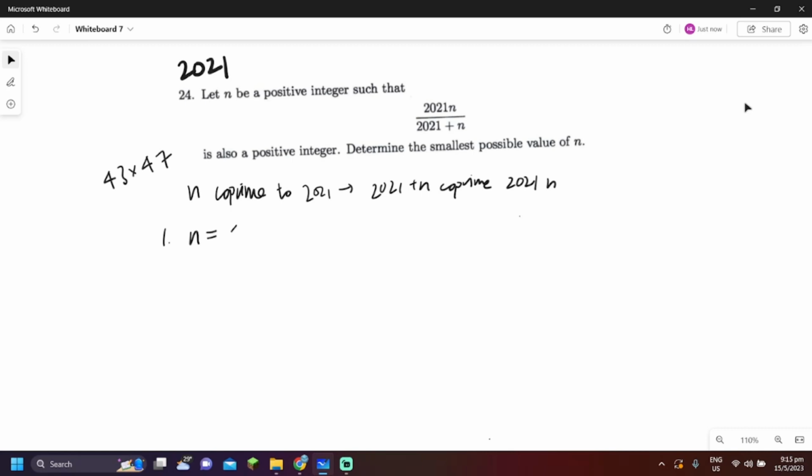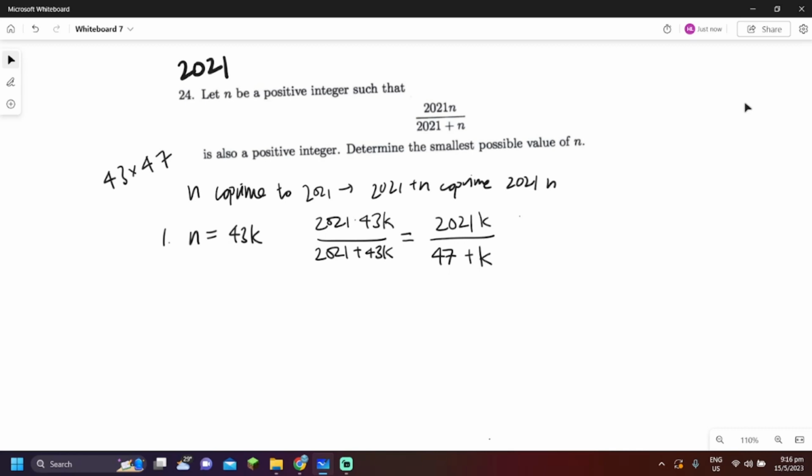First of all, n equals 43k. Then the fraction is 2021 times 43k over 2021 plus 43k, which, dividing both sides by 43, we get 2021k over 47 plus k. Since we're interested in minimizing n, we want the smallest possible factor. First we have to check, do k and 47 plus k have any common factors? Since 47 is prime, the only possibility for them to have common factors is if k is 47